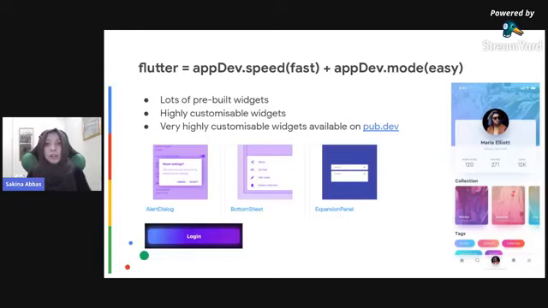Now, how is that? First of all, Flutter comes with a lot of pre-built widgets, okay? It uses two design guidelines primarily. The first is the material design guidelines, which is Google's official guidelines for designing UI. And the other is Cupertino, which is Apple's iOS design guidelines.